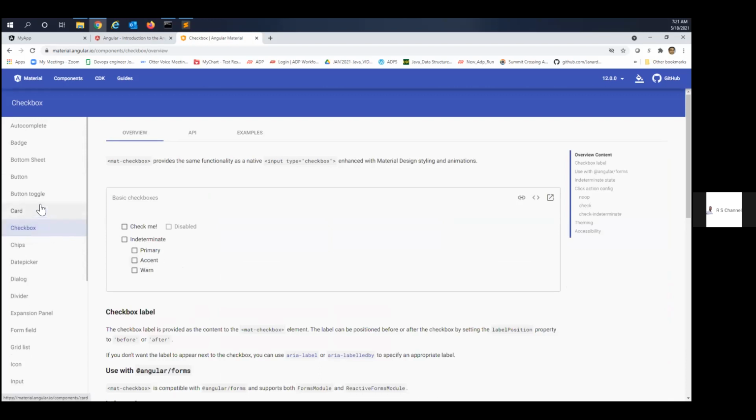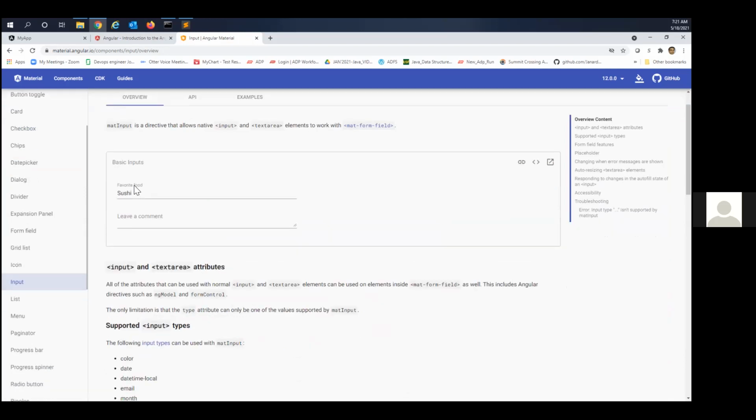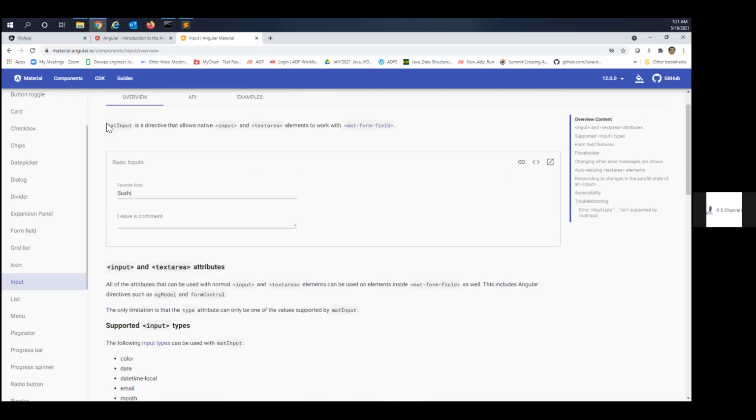I want text box. Which box, Rajesh? Check box. Text box. This one only. You are in the right place.